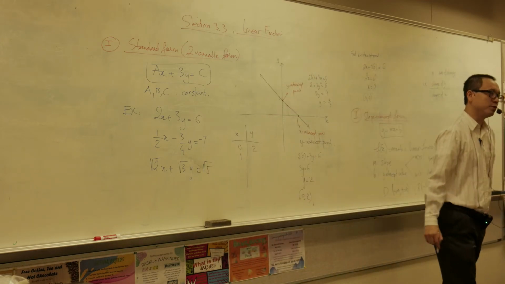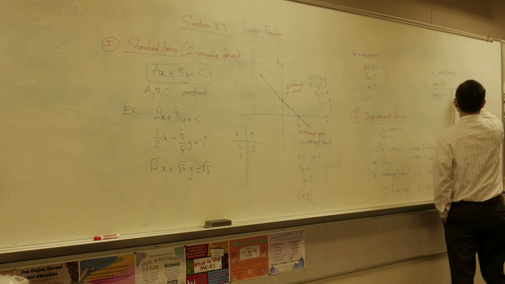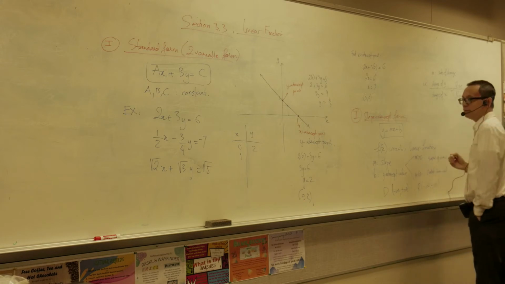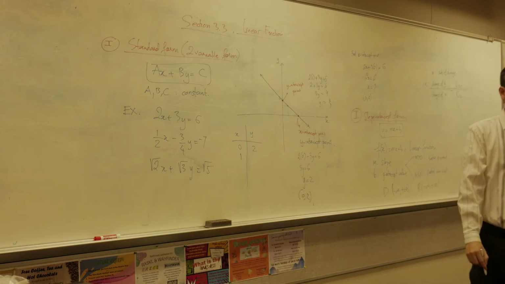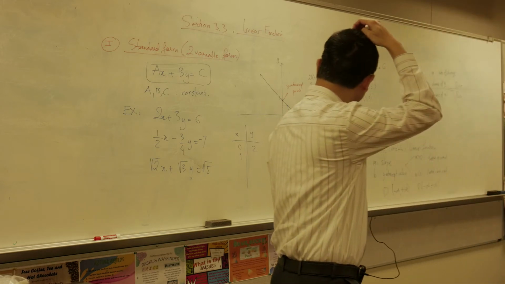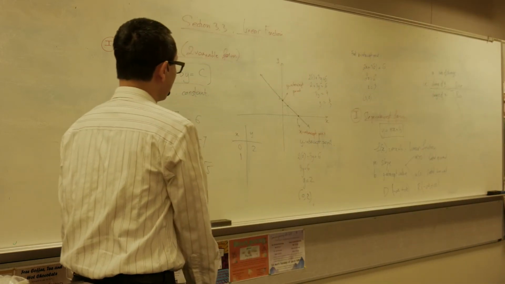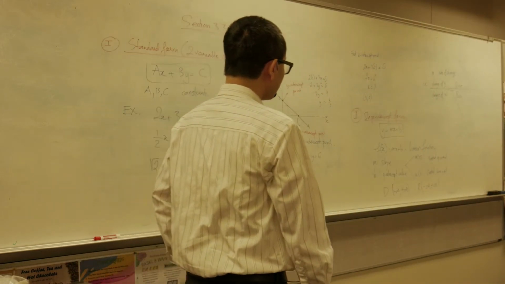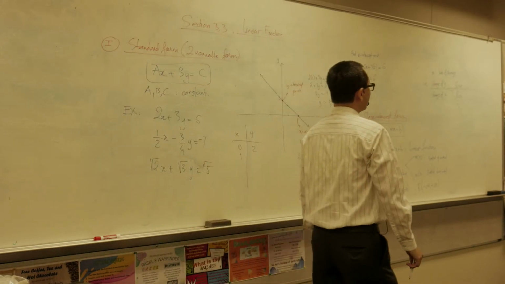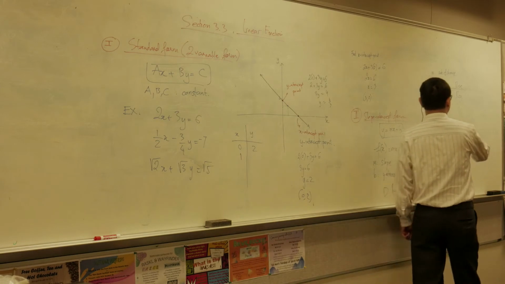In high school, we usually call that rise over run. Rise over run. And the change of y over the change of x, we can rewrite it as